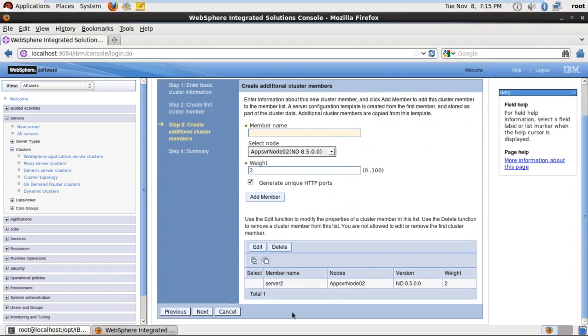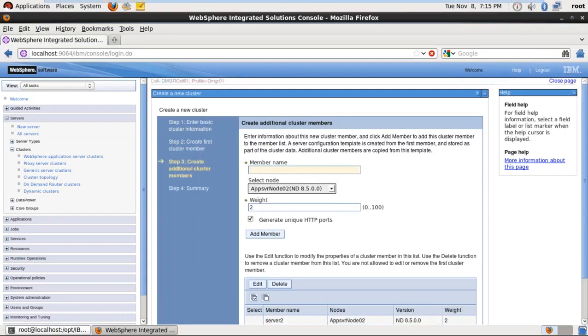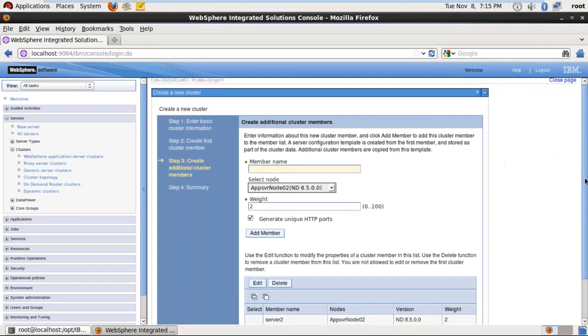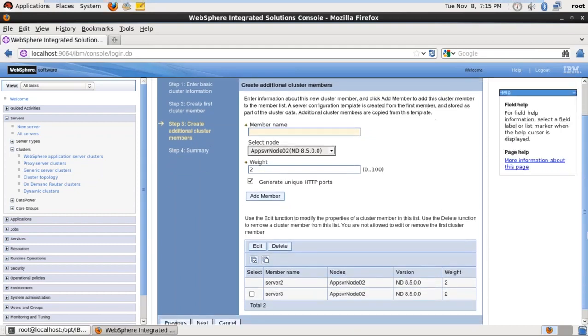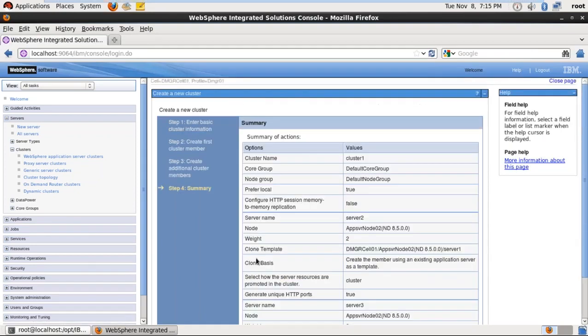Now server 2 is added in this cluster. I am going to add one more server, server 3, add member. Now server 3 is also added. Click on next